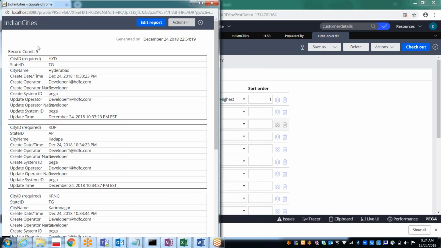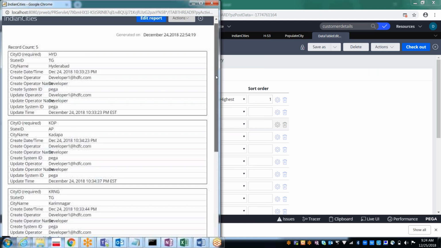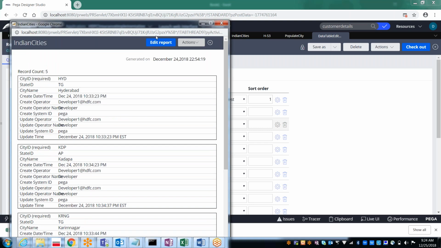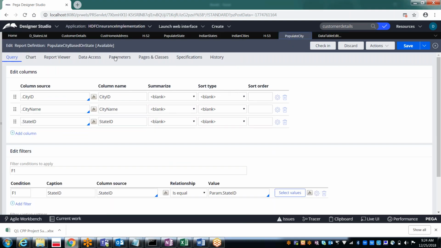See, it is not accepting any parameter. It is just returning all the values. So the parameter passing is not applicable here. That is the reason why we have created our own report definition like populate city, by passing the parameter name. Okay, got it right?